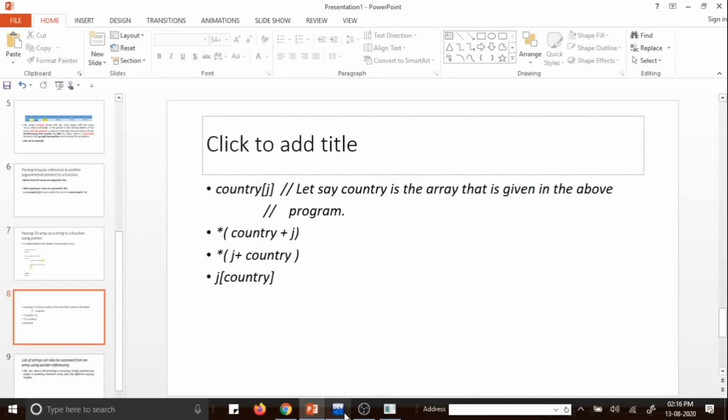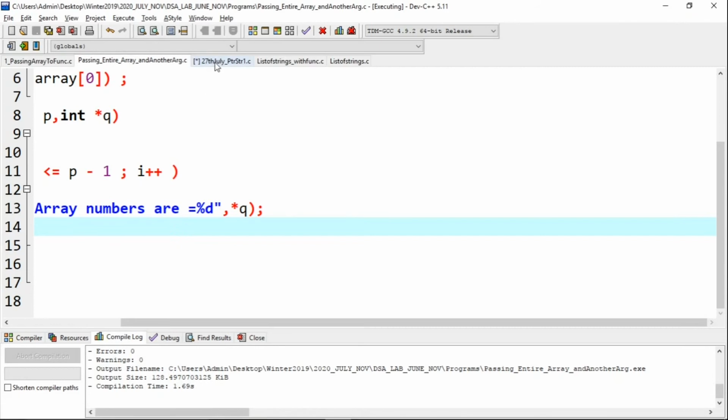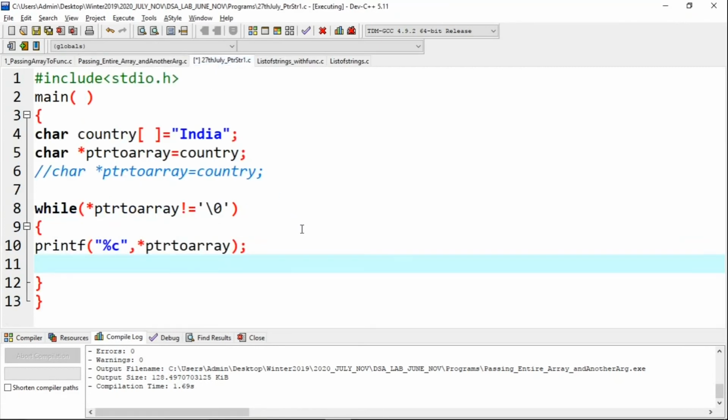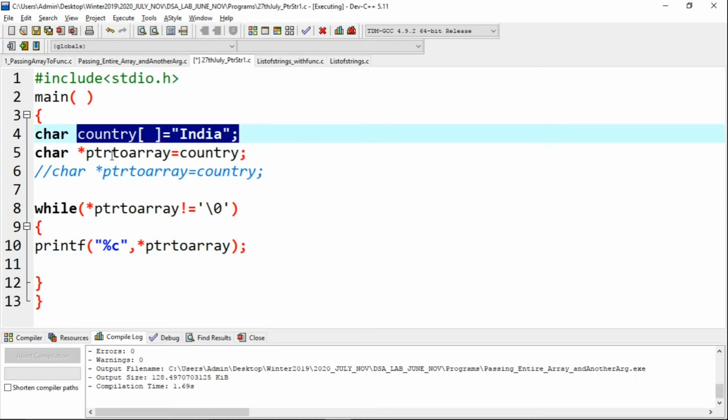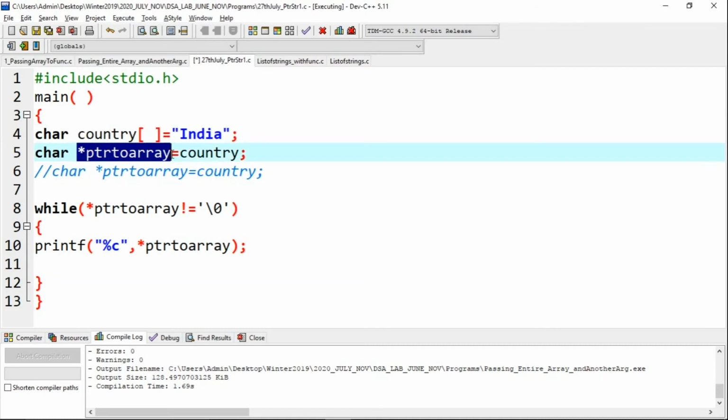Let us see the same thing, same string access, accessing the characters of an array. Can you do it using a pointer? We can actually. You declare this character array, and then you assign the address of this country array to the pointer.